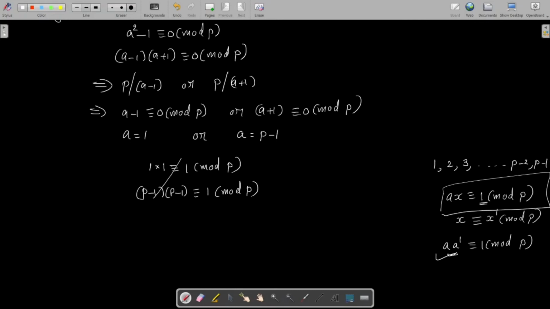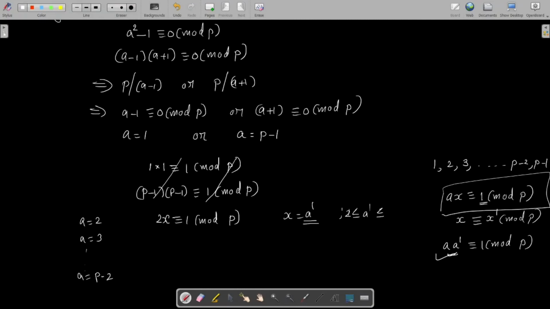So we omit these two cases when a equals a dash. What will be the remaining cases? What happens if a equals 2, a equals 3, etc., a equals p minus 2? In these cases we have a is 2, so ax congruent to 1 mod p can be written as 2x congruent to 1 mod p, and this has a solution x equal to a dash, and this a dash is again an integer between 2 and p minus 2,